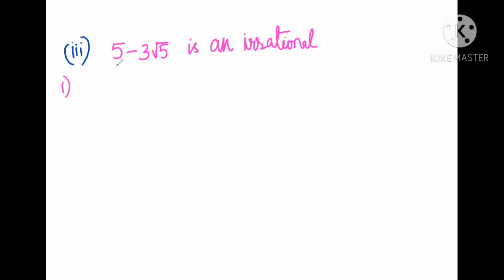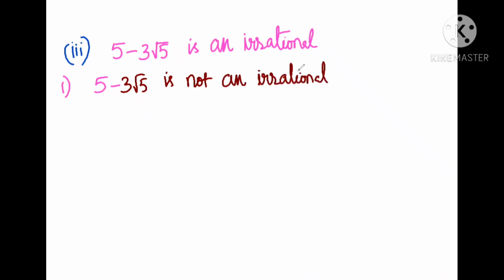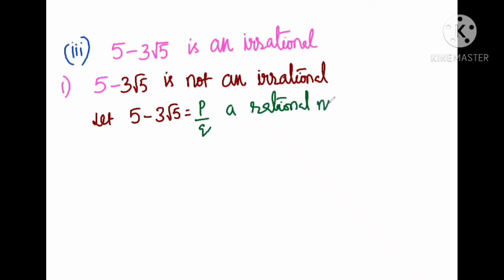First step, we have to assume that 5 minus 3 root 5 is not an irrational. So let 5 minus 3 root 5 be equal to p by q, a rational number. If it is not an irrational, it becomes a rational number